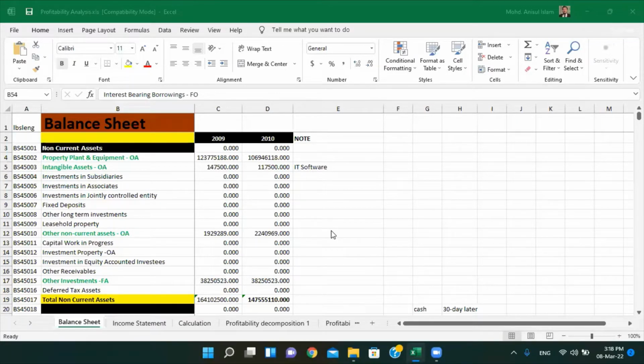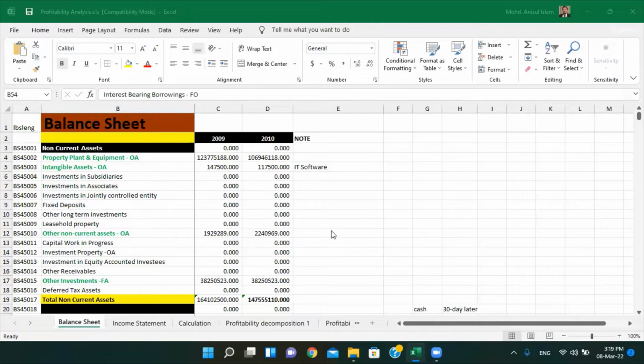You can recall that when we did the DuPont analysis, we were given 3 sources of profitability. There was a profit margin, there was the asset turnover, and there was the equity multiplier. What do these measures actually reflect? You can recall the profit margin reflects the profitability, the asset turnover reflects the efficiency, and the equity multiplier reflects the